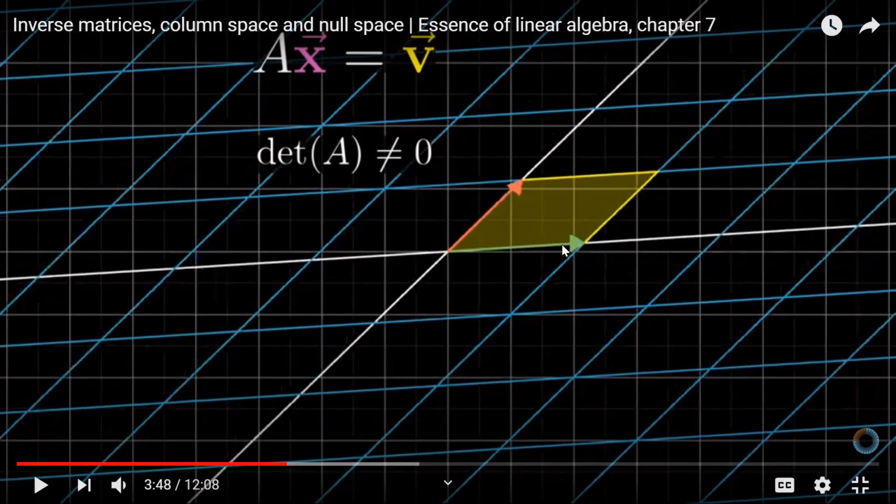Now, if you are lucky, and if your vector, which is your B vector, lies on that line, then there is a chance that you will get a solution, but you will never have A inverse. So even if you don't have A inverse, you can still have a solution, because the solution actually depends on something which we will later see is called the column space. If your B is inside the column space, then there is a chance that you will get a solution, but your A inverse is lost.